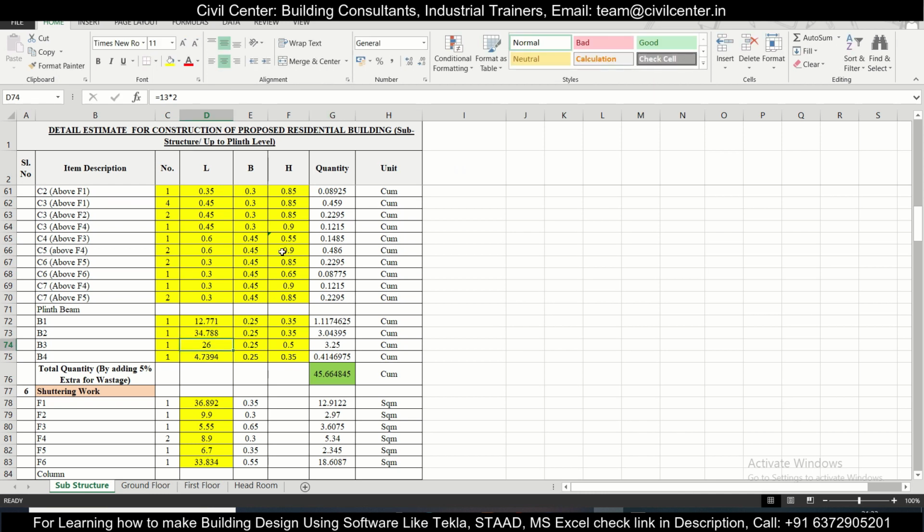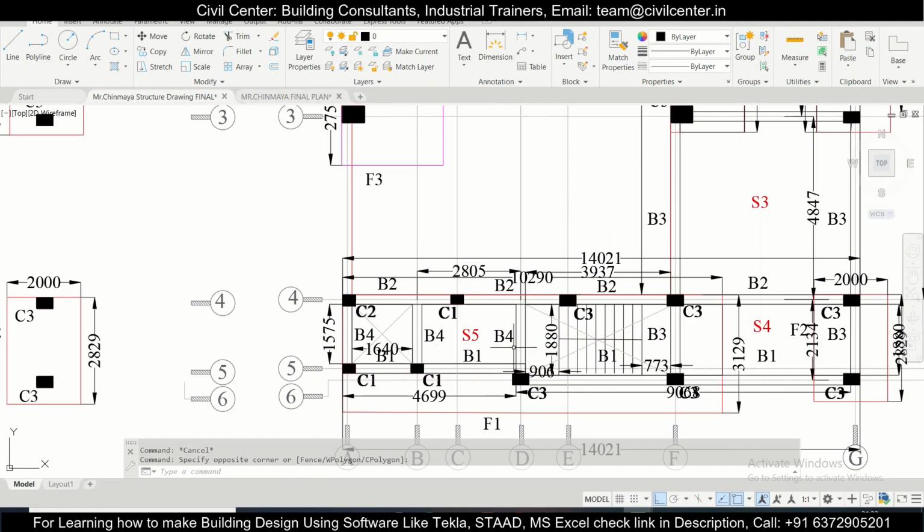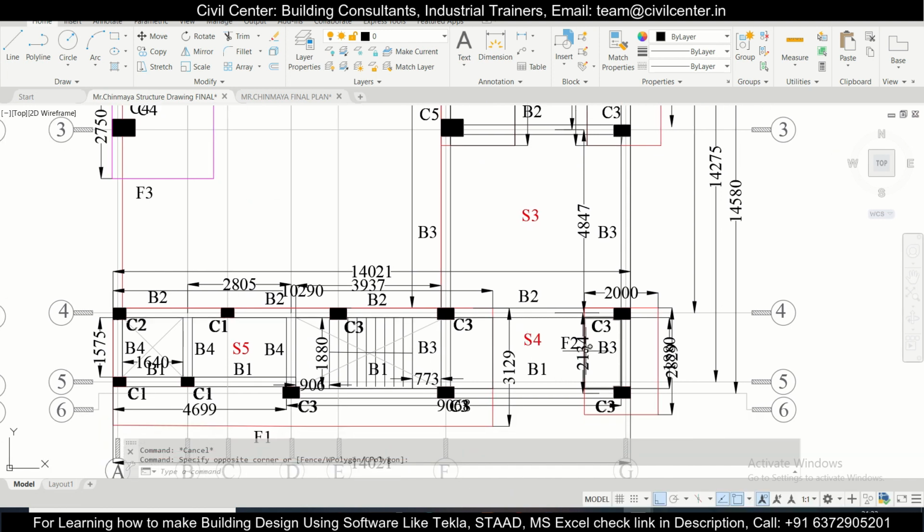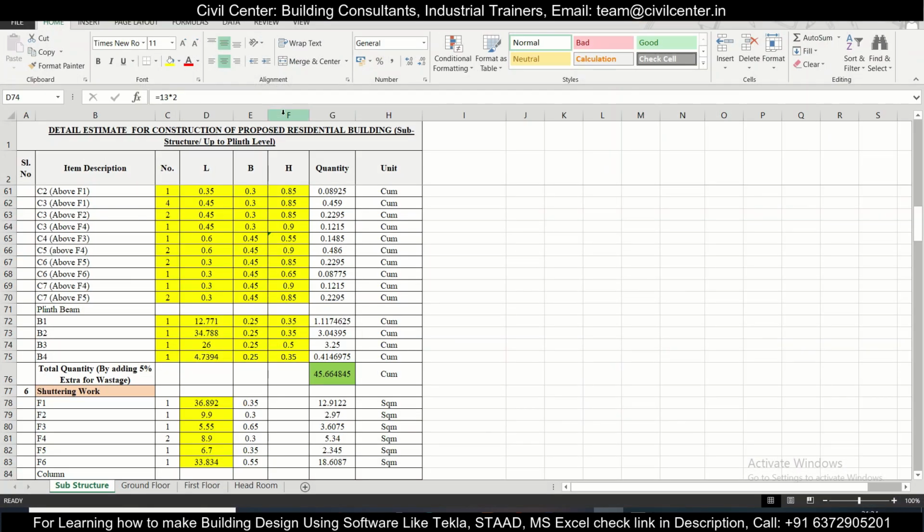And then we have B3. For the B3, let's calculate. I think it will be a lesser value for B3. Yeah, this one, the size is 2.134 into 2. 2.134 into 2 plus,